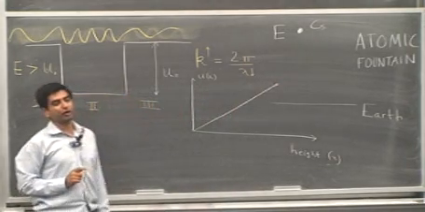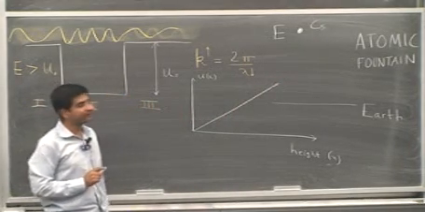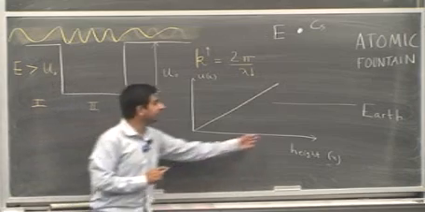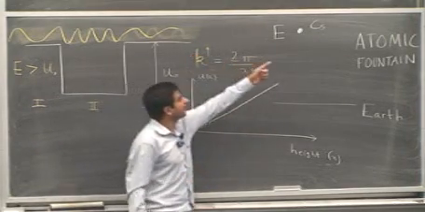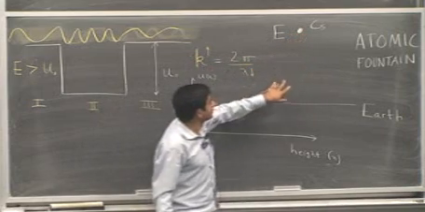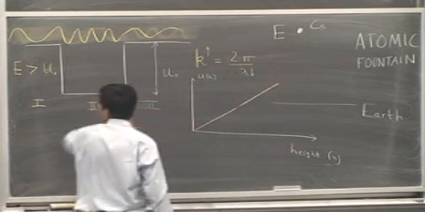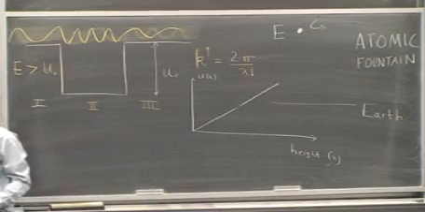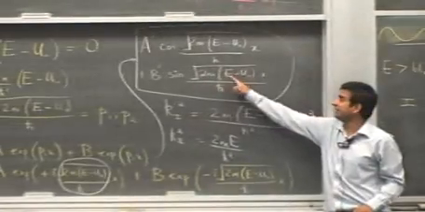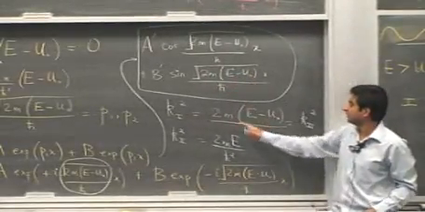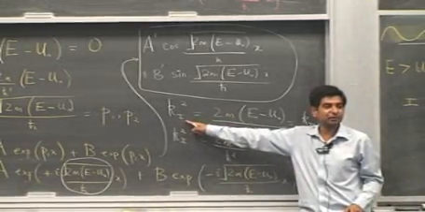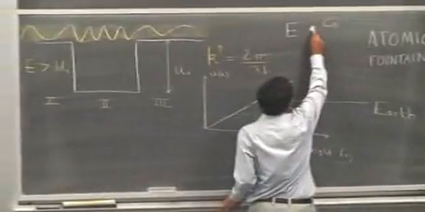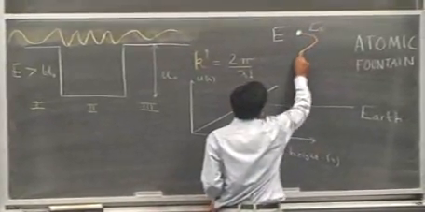So this is a plot of the potential energy versus height. You increase the height, the potential energy goes up. This means that at higher levels the potential energy is high, therefore E minus U is small. When E minus U is small, then the wave number is small. Wave number small means the wavelength is longer. The wavelength is longer at the beginning, and then it starts